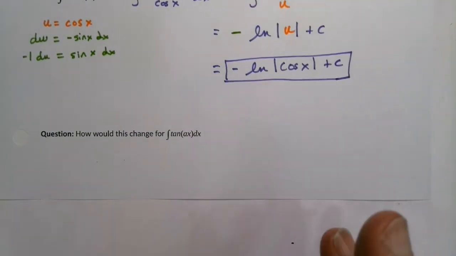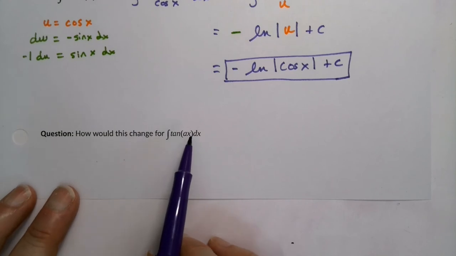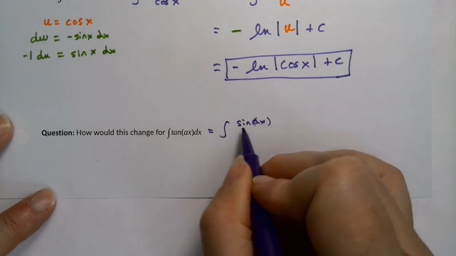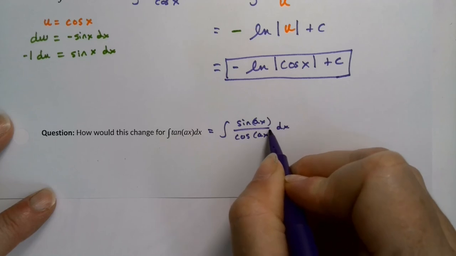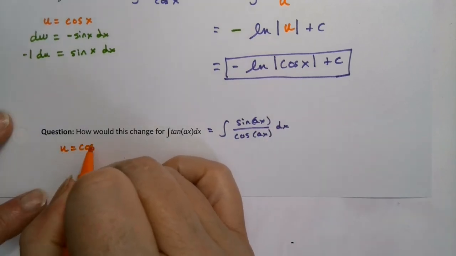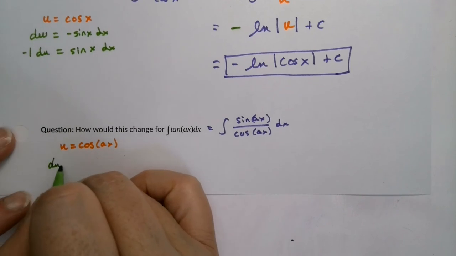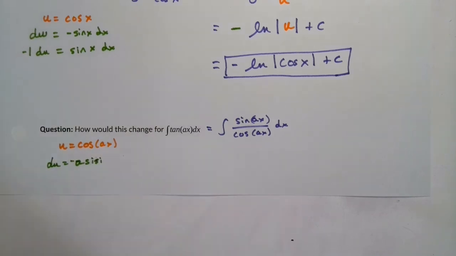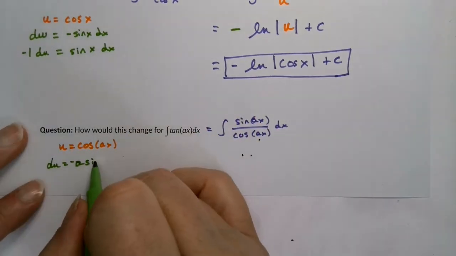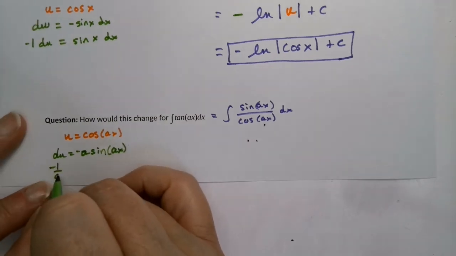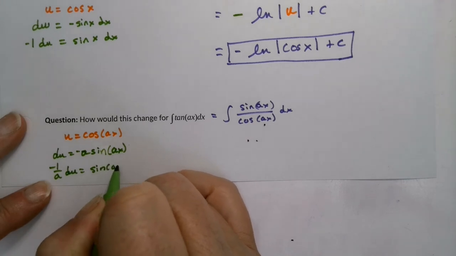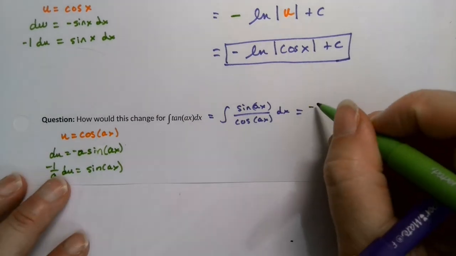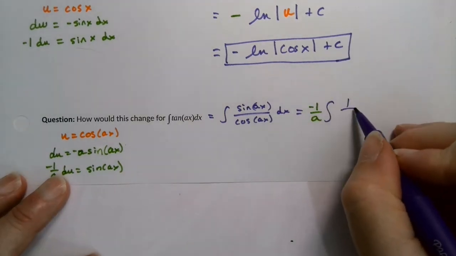And it's just useful for our own purposes to think about how this would have changed if instead of x, it was ax. Well, then this would be sine of ax over cosine of ax dx. Then u is the cosine of ax, so du is negative a sine of ax. So I would want negative 1 over a du. Okay, so it's going to be very similar to what we had. It would be the negative 1 over a, because a is a constant, so that would just be sitting out there. And then the integral of 1 over u du,